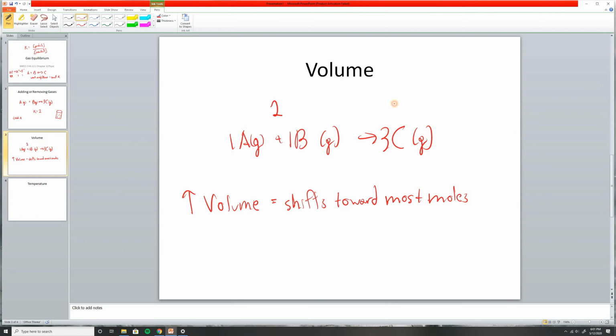In the products, you have 3. So that's pretty easy to see that the products have more moles. So if you increase the volume, the equilibrium will shift towards the right in this case only because the products have more gas moles. So the reason why that happens is, let's take a look at a flask, a beaker,